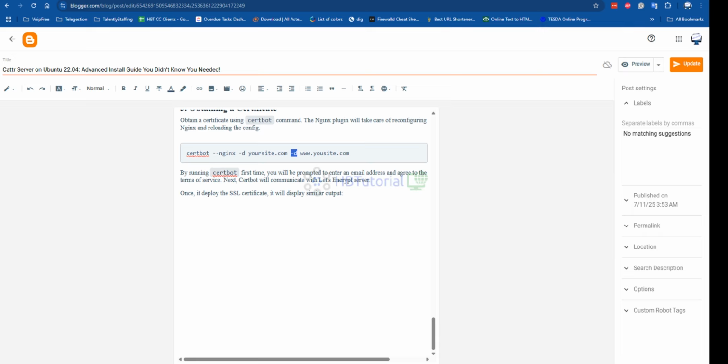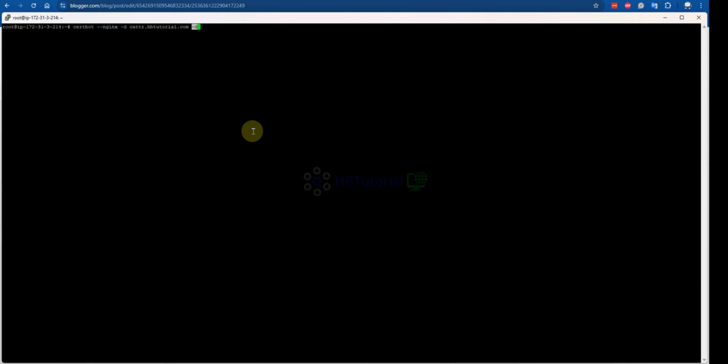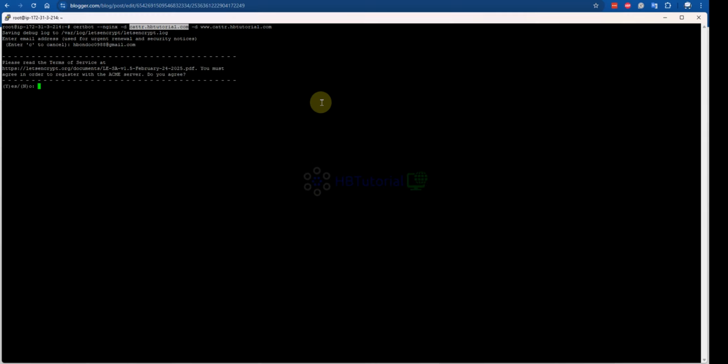So space, then hyphen d, space, www dot, then your domain. Then enter, and then it asks to put your email address, so I'll just put my email address and then enter.